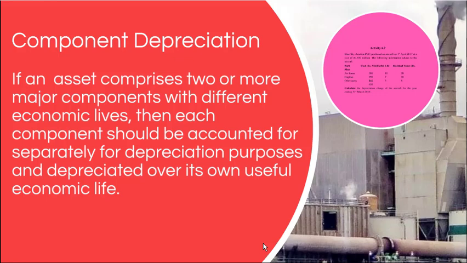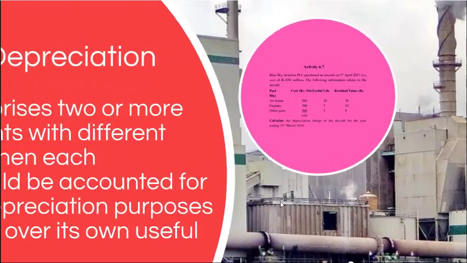They are having different economic life. For example, jet engine has a different economic life, and its airframe has a different economic life, and their seats and other equipment has different economic life. So that it is not good to depreciate the whole passenger flight as a single asset. So instead of depreciating the whole passenger flight as a single asset, we can depreciate its key components separately. So we'll now consider a simple example on this concept.